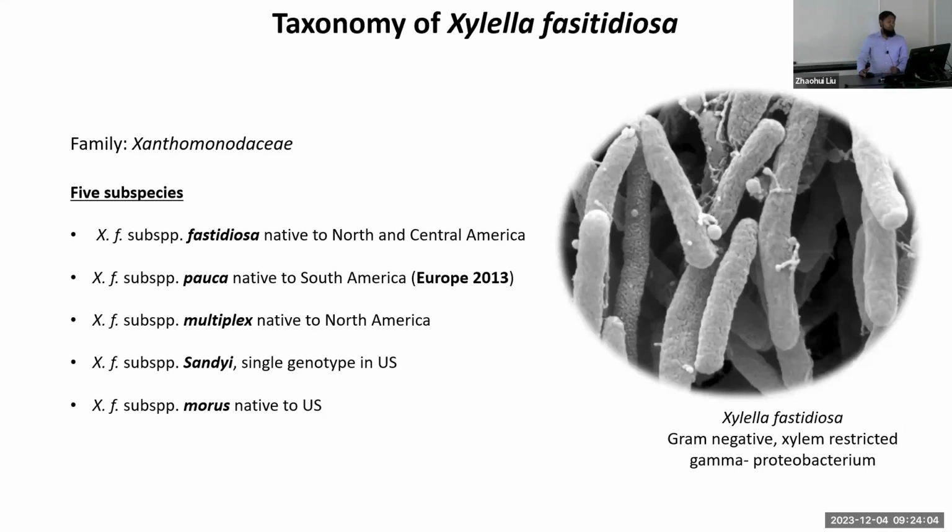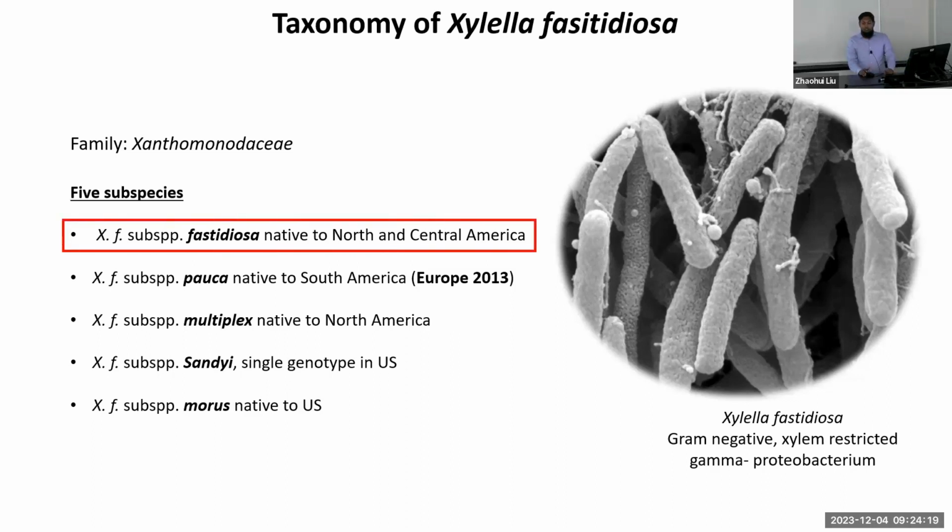Subspecies fastidiosa, which is native to North and Central America. Subspecies pauca, native to South America. Subspecies multiplex, native to North America. Subspecies sandai and subspecies morus. Subspecies fastidiosa is the most prominent one in US and continuously threatening to grape and wine industry because it's causing